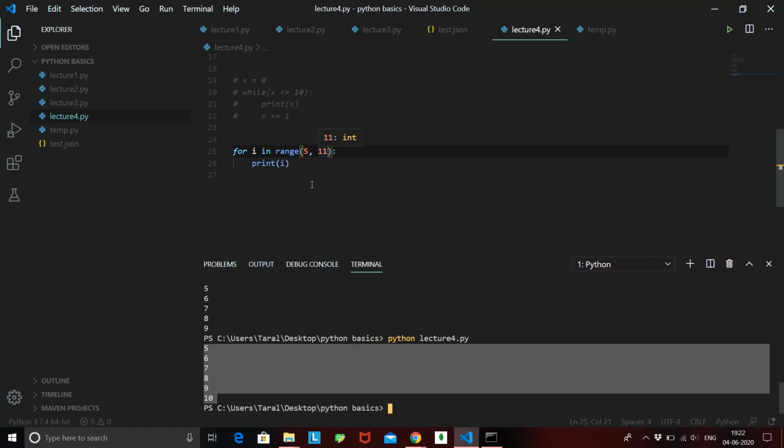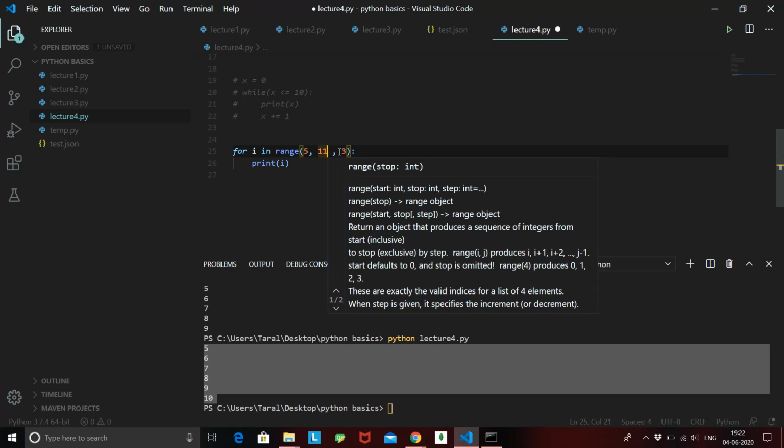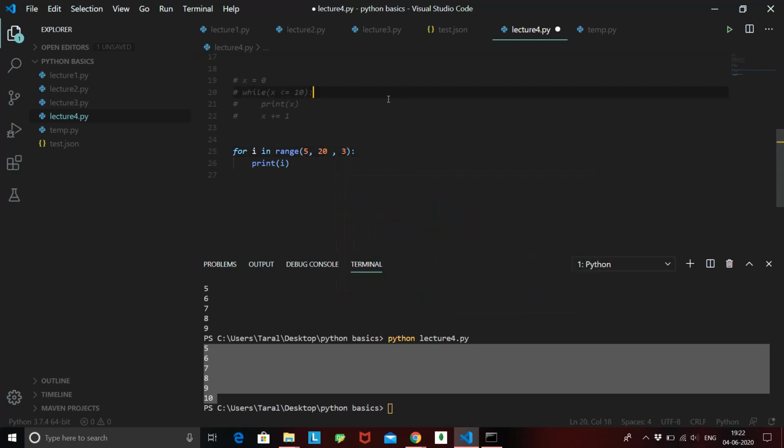Now, the next thing we saw is that the default increment of a for loop, or of a range function, is always 1. Alright, so 5 plus 1 is 6, plus 1 is 7, plus 1 is 8. But what if I don't want this default increment? I want my loop to iterate every 3 values or every 4 values. That can also be given as the third parameter, that is 3. And if we increase the range to 5, 15 or even 20, what is happening here is that between the range 5 to 20, print i with an iteration of 3. So every third value will be printed, not every next value.